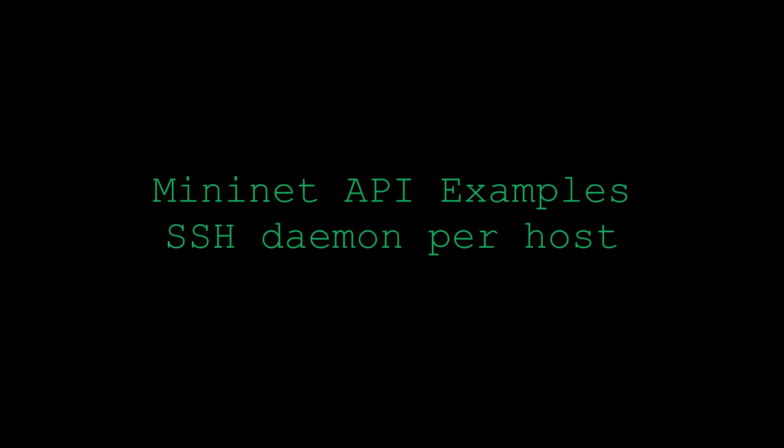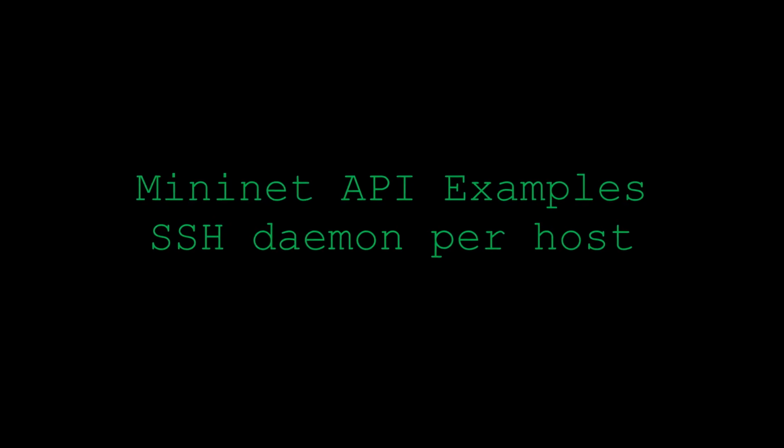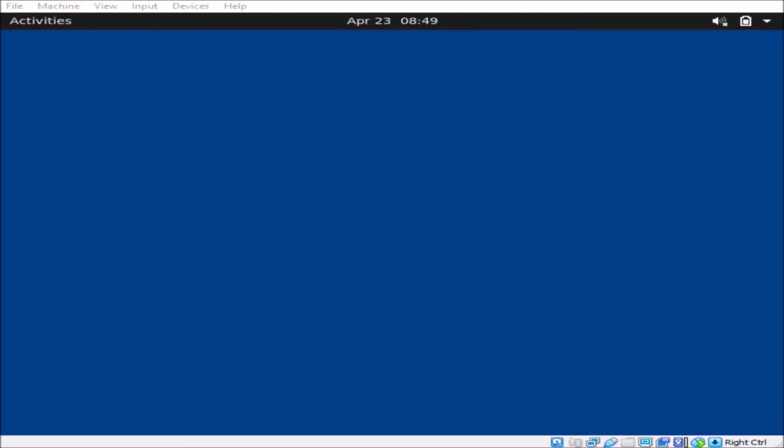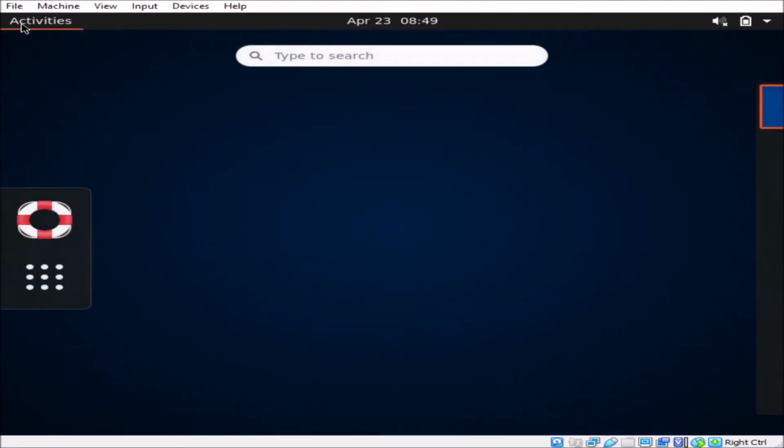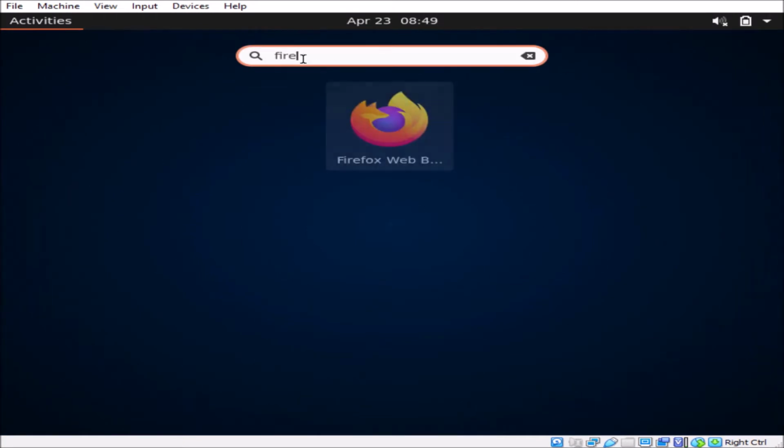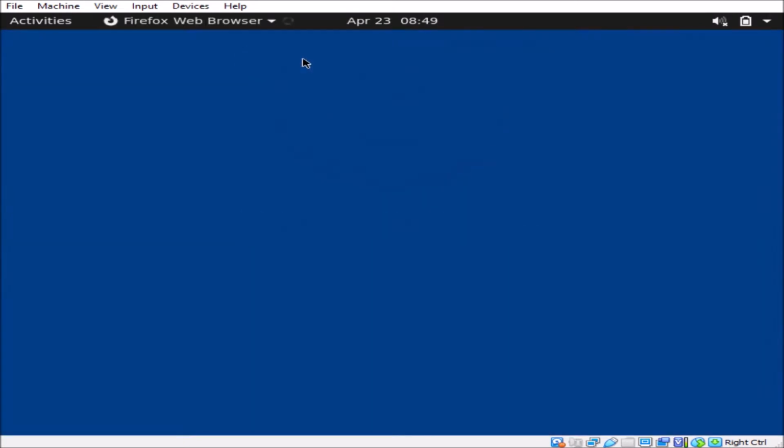All right, so today we're going to be taking a look at using the Mininet API. It's written in Python, and we're going to create an SSH daemon per host, and we're actually going to set up a switch and 4 hosts on a network, and that's all going to be executed using the API with